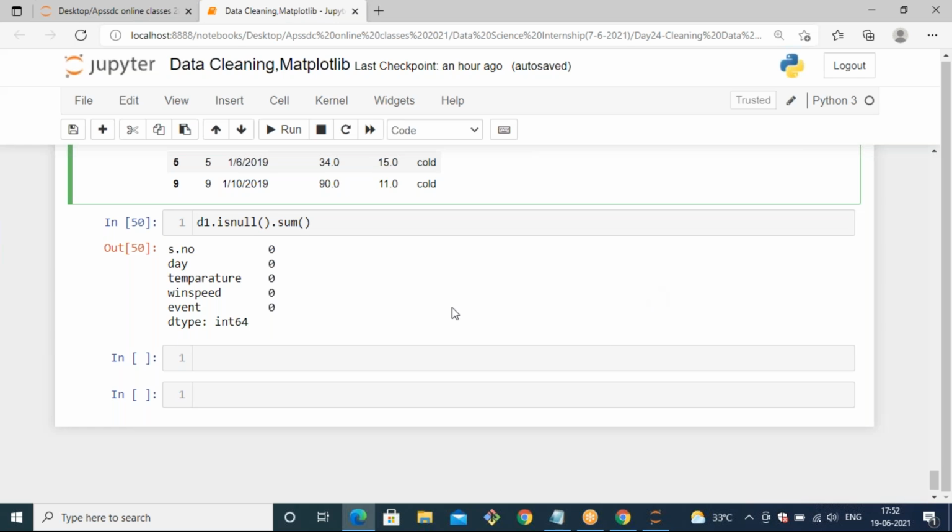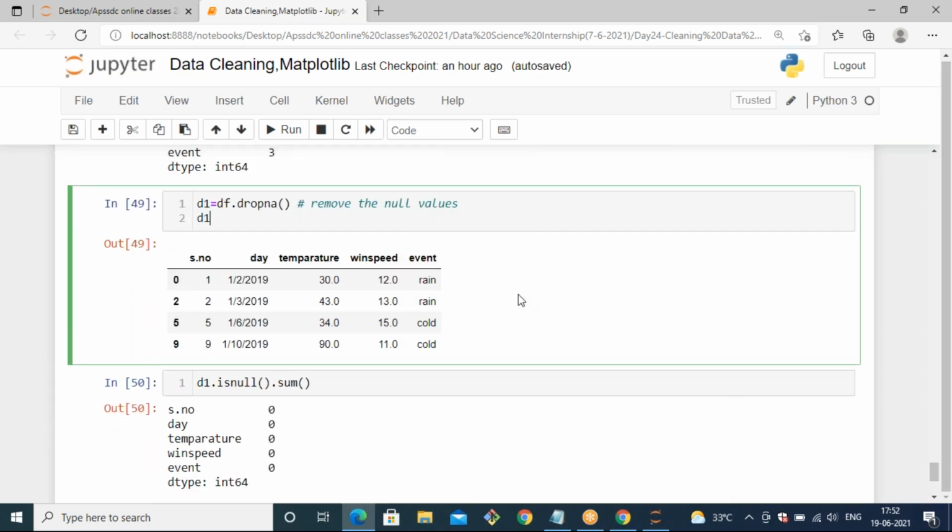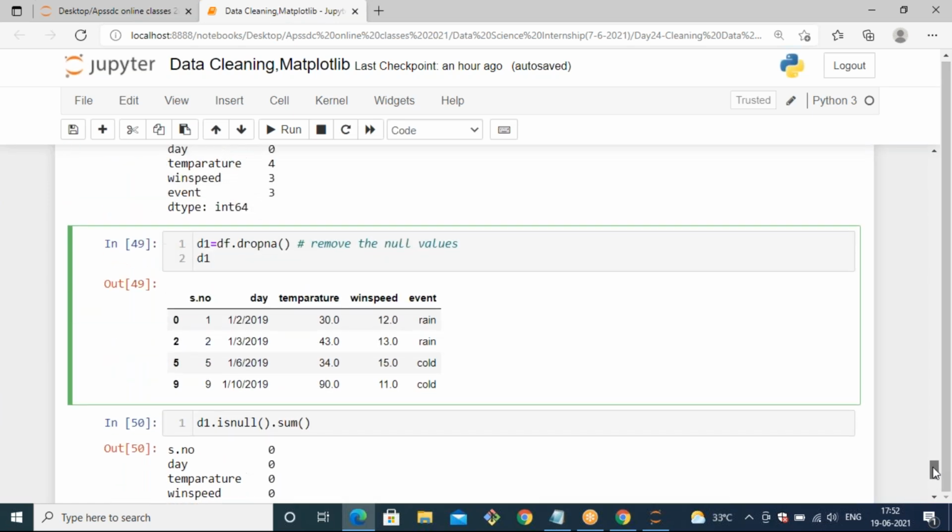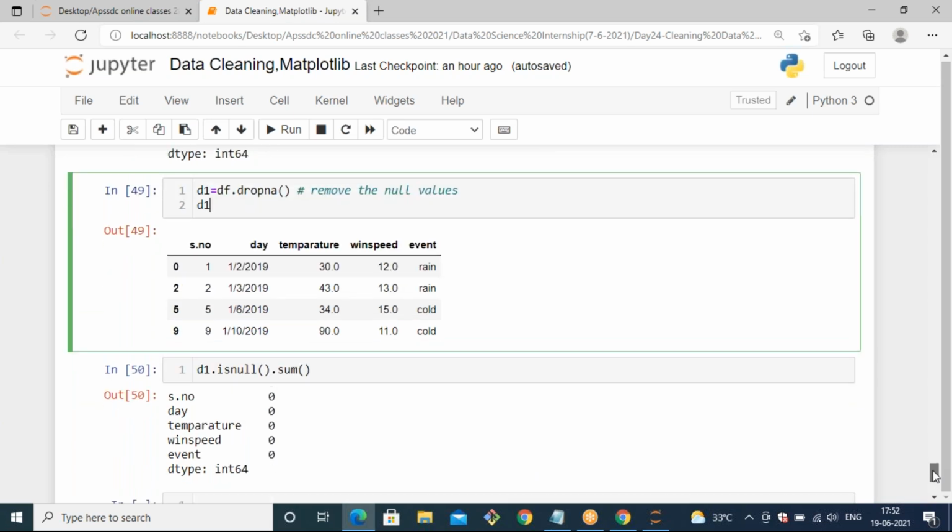Okay. So up to now, we have seen checking for null values by using the isNull method. If you want to remove them, we can use the dropna method. By using dropna, you can simply remove the entire row containing null values. Now, we may not want to remove the null values, because whenever dropna finds a null value in a single column, it removes that entire row as well. So we are losing some data.